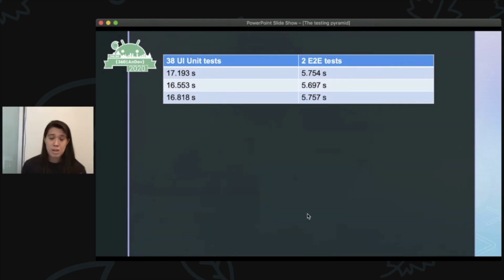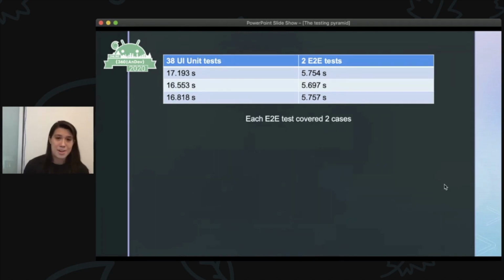And I was looking through our code and I found about 2 end-to-end tests that did the exact same thing. So I'm not advocating for the end of all end-to-end tests, because there are some end-to-end tests with that widget that were actually useful. For instance, clicking on the button opens up a new activity or a new fragment that has a different screen and assertions on that. That is not something that can be JUnit tested. However, there were 2 end-to-end tests that were redundant, and they took about 5.5 to 6 seconds.